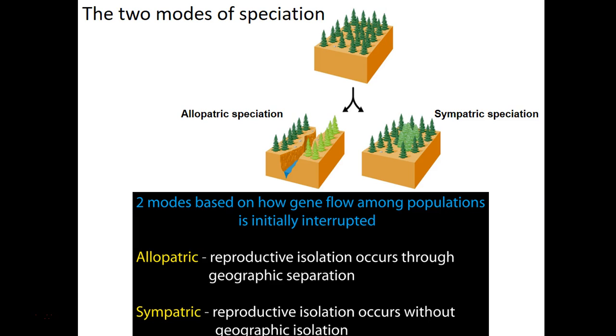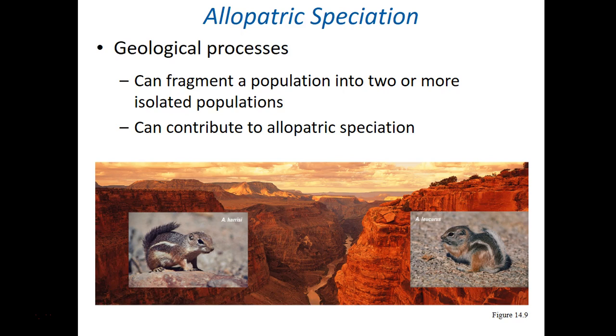And when your population has been separated into two, each one of those subpopulations then undergo different evolutionary trajectories in that they're accumulating different mutations, different genetic drift, different gene flow, different natural selection, and over time they can differentiate into two species. The second mode is called sympatric speciation, and is a type of isolation that can occur without geographic isolation, and so there are some other modes for how that can happen, and I'll get into that in a second. But in allopatric speciation, you fragment your population into two or more isolated populations.